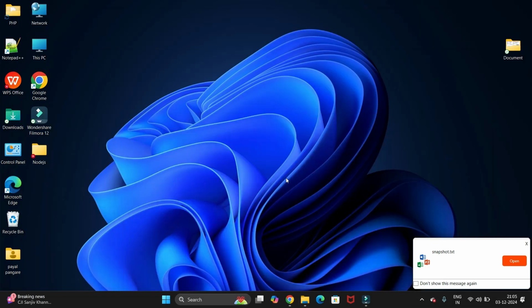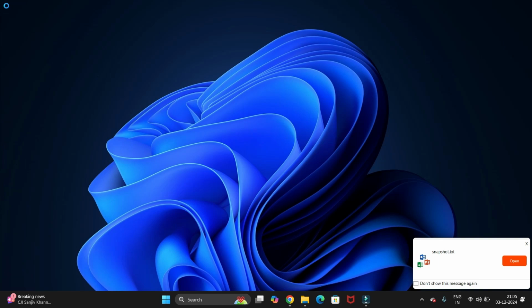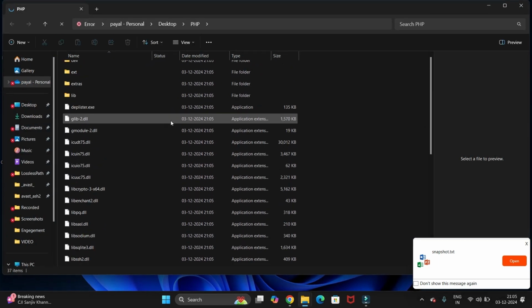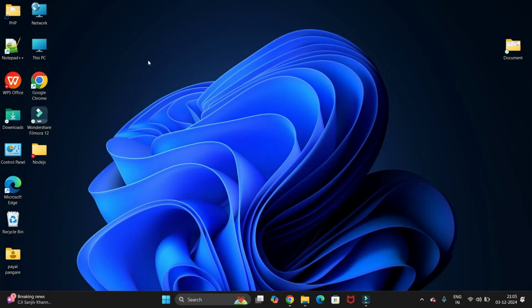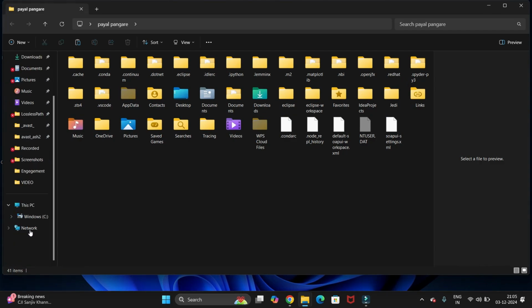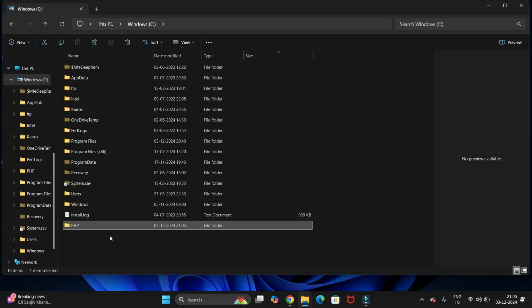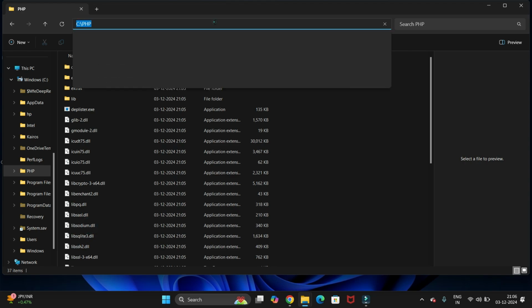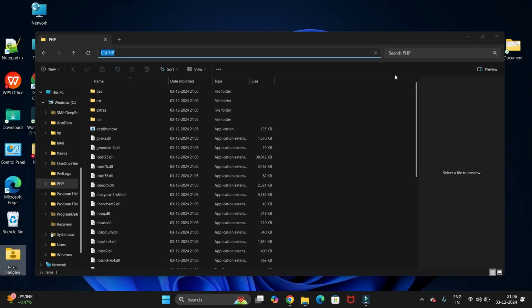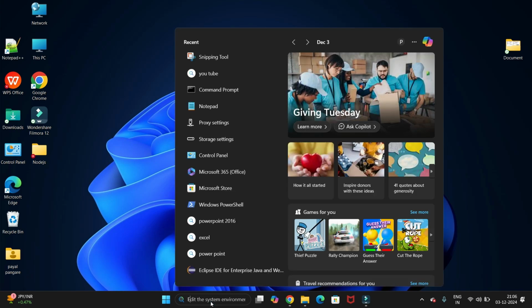So it's done. Now let's check. You can see here the folder is created and all the files are here. Now what we have to do, we have to just cut this folder and go to the C drive, and here we need to paste this folder. Now just open this folder and copy this path, and after that go to the search